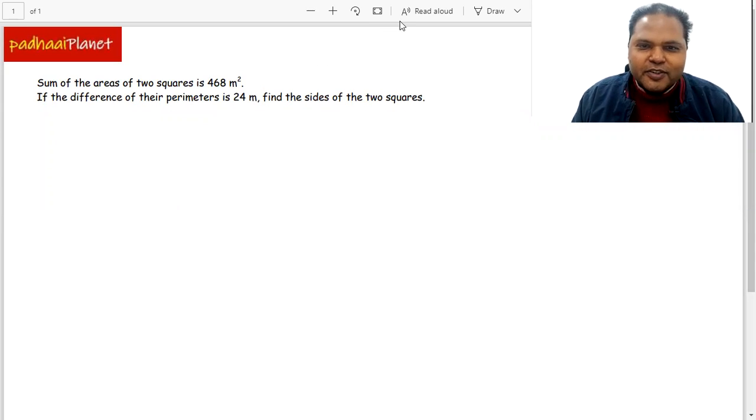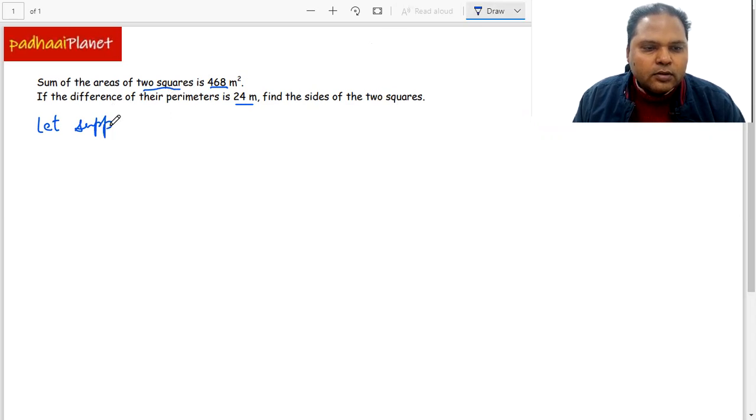So we have got a question here from quadratic equations and we need to solve it. Let's see what this question says. It says that the sum of the areas of two squares is 468 square meters and the difference of their perimeters is 24 meters. So what we need to do is find out the sides of these two squares, right? So let's suppose